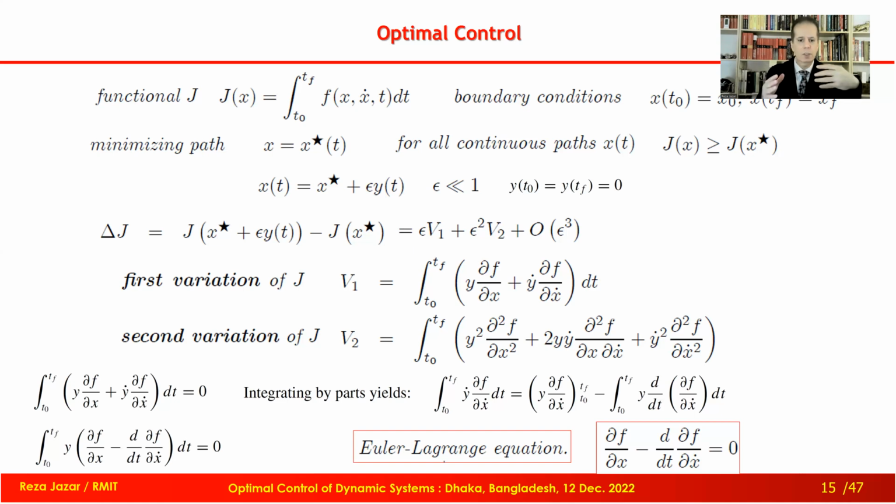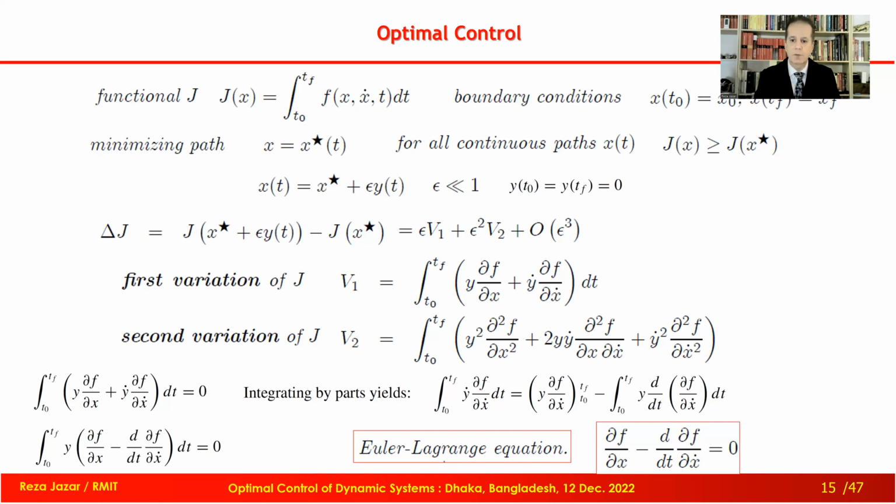The deviation or differential between these two is very tiny. When we substitute that x into the functional and do the minimization and expand based on epsilon, exponent of epsilon, we come up with delta J, the third line. Delta J means the difference between optimal J and non-optimal J because of introducing epsilon y of t. That delta J would be a function, a polynomial based on epsilon.